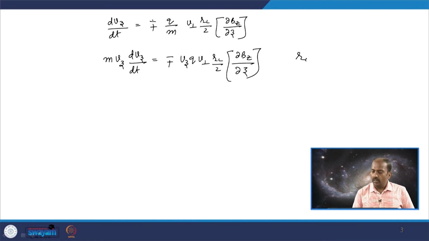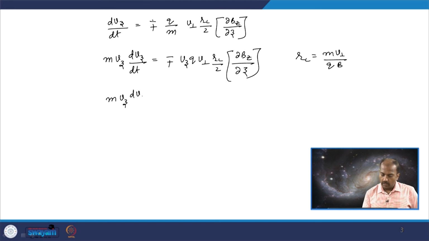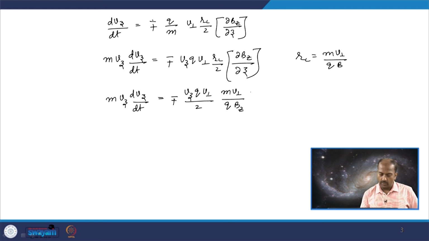We know that RL is m v perpendicular by qB. So, m Vz dVz by dt is minus plus Vz q v perpendicular by 2 times m v perpendicular divided by q Bz times dou Bz by dou z,